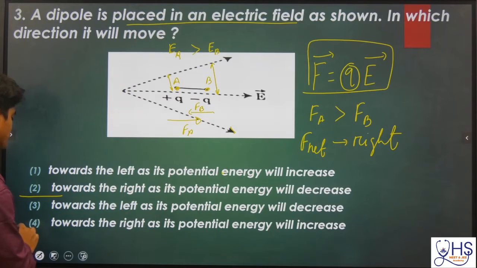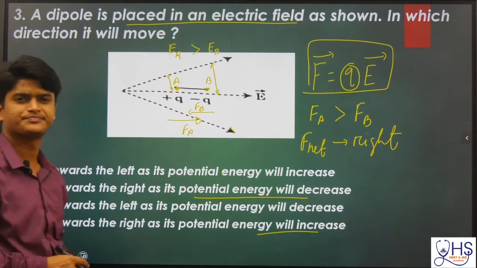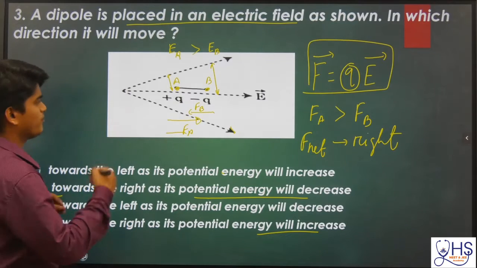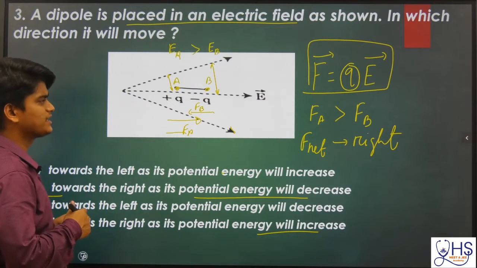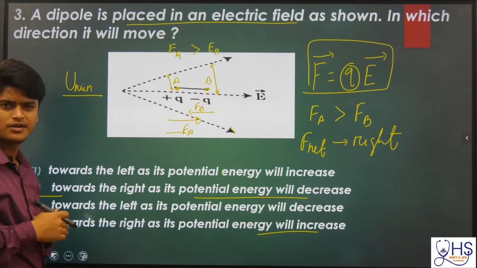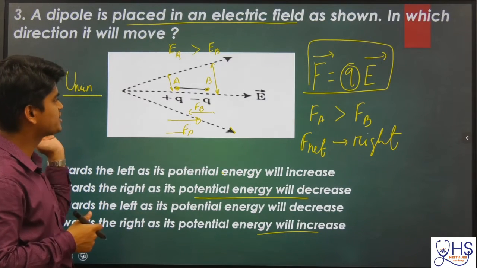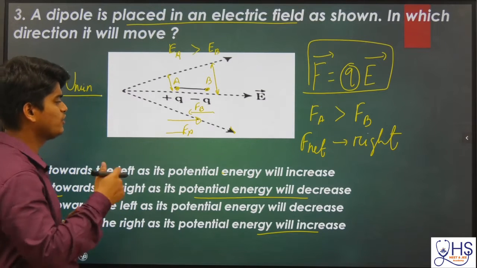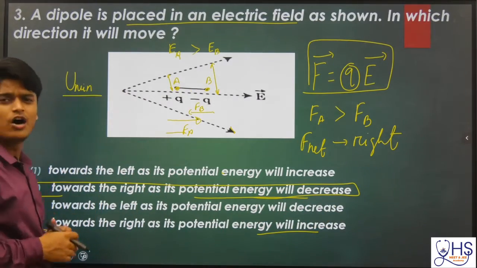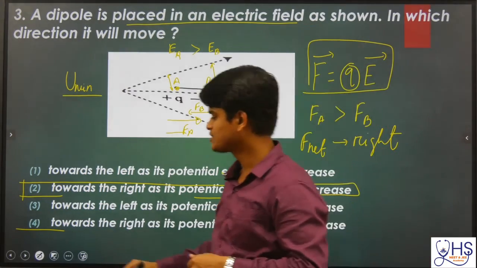It can be option 2 or option 4. Now here again they are asking whether the potential energy will increase or decrease. Now listen carefully, if a system is moving, either a mechanical system or an electrical system, it always moves in the direction of minimum potential energy. That means towards stable equilibrium, you can say. So definitely here the potential energy of the dipole will decrease. So here I think it is option 2. So this is a theoretical question along with a little logical idea. So I hope everybody understands. Now we will go to the next question.